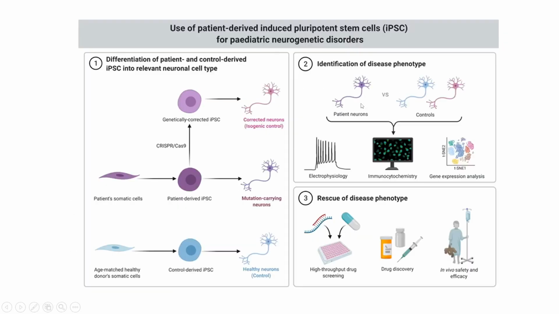The induced pluripotent stem cells can also be used in the detection of corrected neurons as well as mutagenic neurons. For example, if a patient has a mutation, you can correct it by CRISPR-Cas9 and get a corrected neuron, and you can compare the patient neuron with the corrected neuron to see which gene levels have changed. You can rescue the disease by knowing at what site and what function the mutation carries, and you can alter that function through the drug screening process in drug discovery. So pluripotent stem cells are generally used in therapeutic strategy as well.